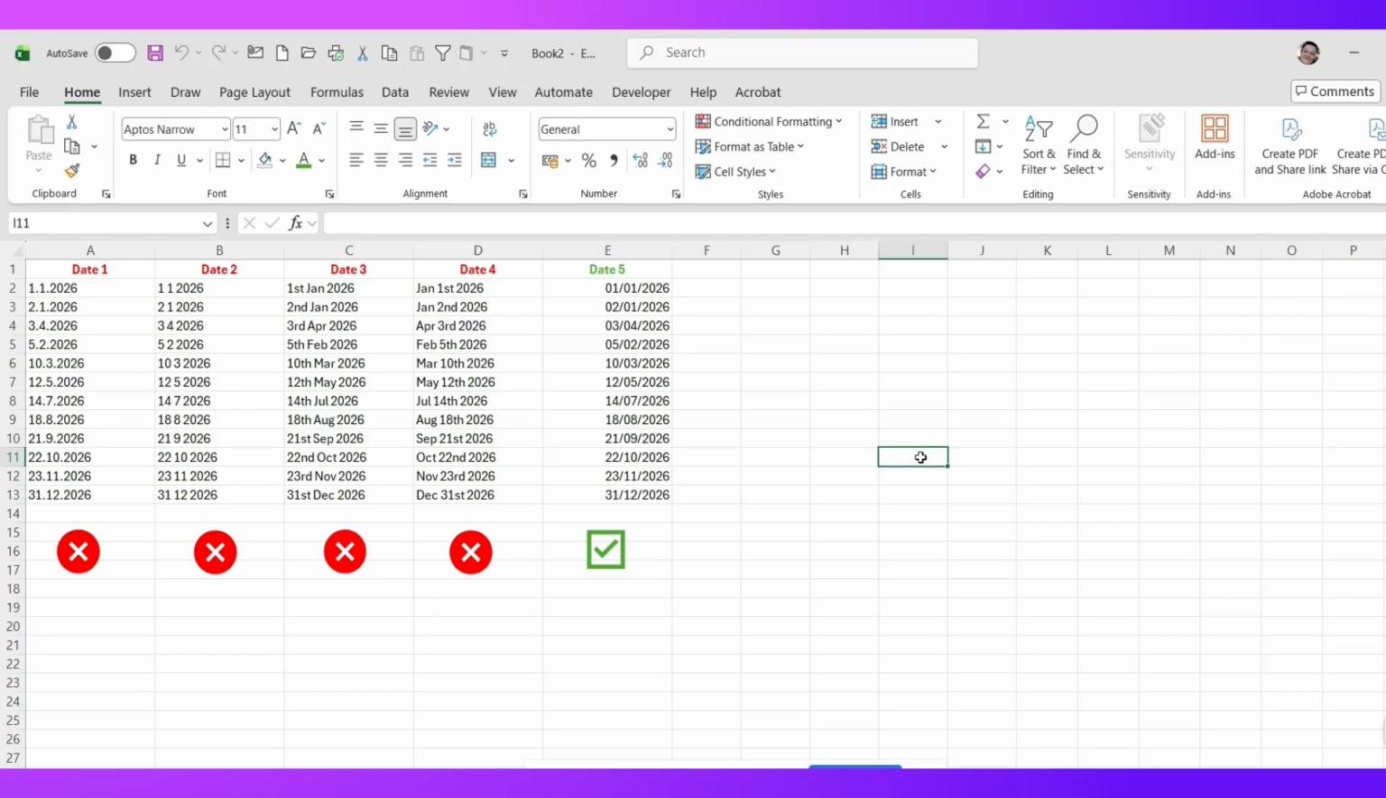Hi there, in this quick video we're going to have a look at fixing some problems with Excel dates. Excel is very fussy about how it likes its dates to be entered, and generally speaking it likes it like this, with forward slashes separating the numbers. If you have dates that already exist in your spreadsheet and they haven't been entered in this way, you can